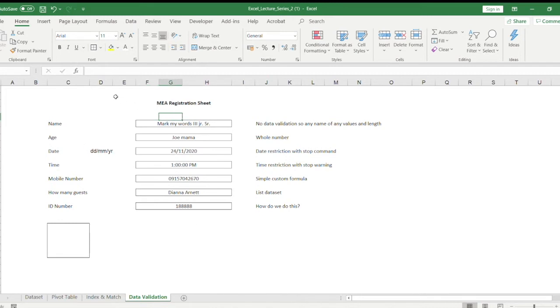Say I'm coming up with a registration sheet for MEA, and I want to know people's name, age, date, time they register, their mobile number, not their date, the date that they inputted this, their mobile number, the names of their guests they're bringing, names of guests, and their ID number. Okay, so